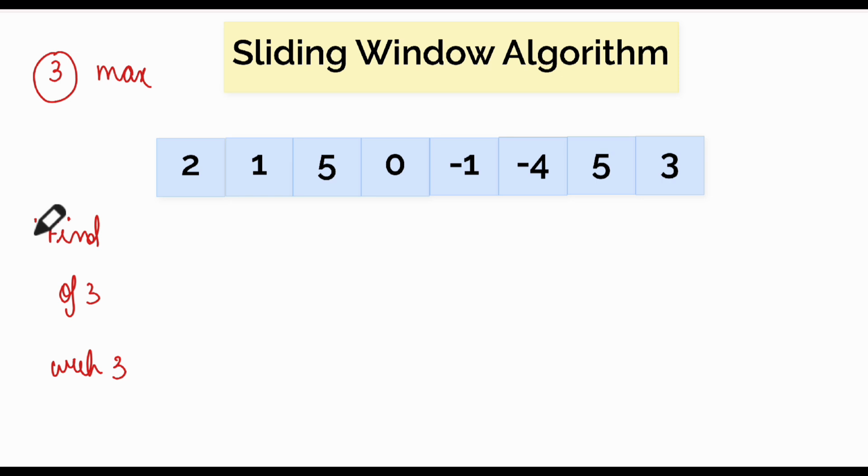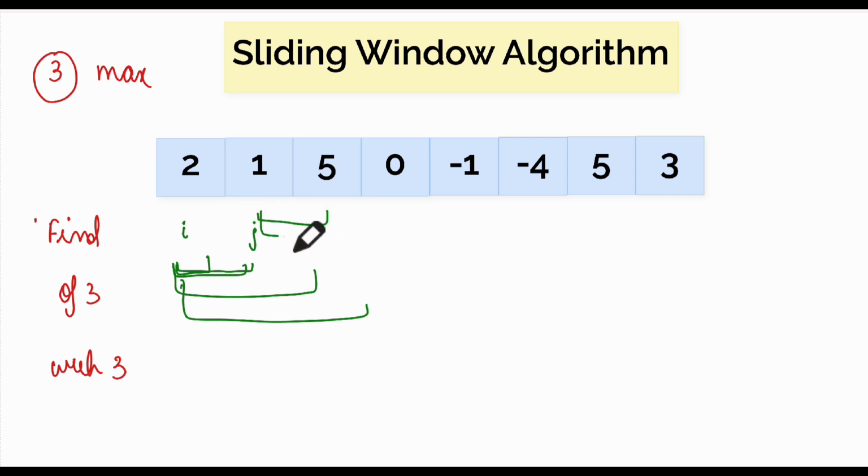Now let's first of all discuss how you will do this using the traditional for loop way. What we do is decide a starting element and an ending element, and we keep on extending j. For example, first this will be the subarray, then this, and I will keep on extending. Then I will start with this point and keep on extending, something like this. So I'll be printing all the subarrays present in this array,